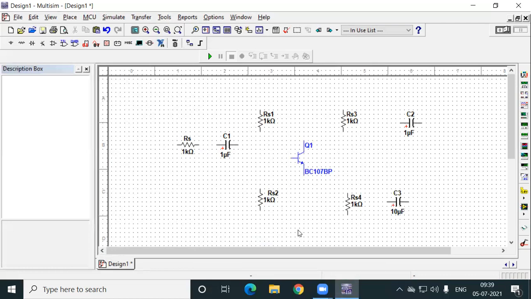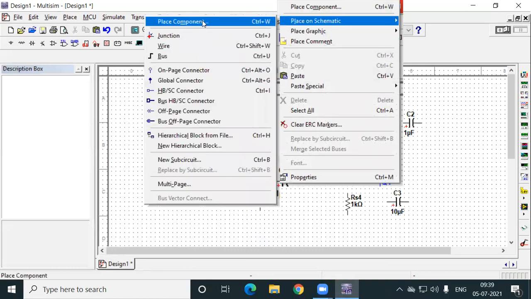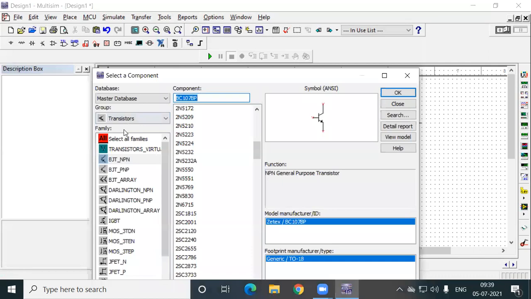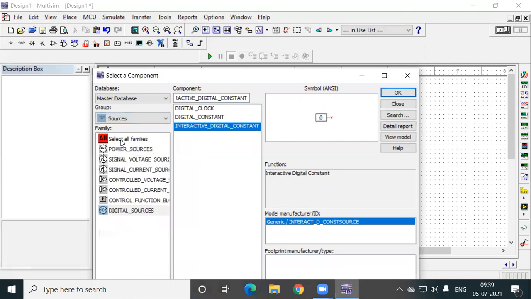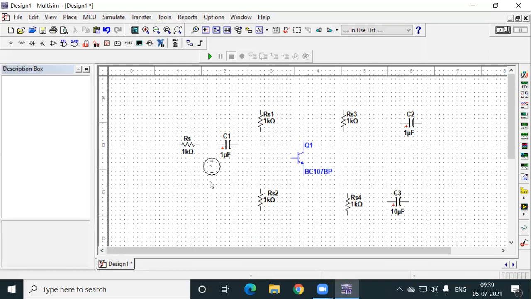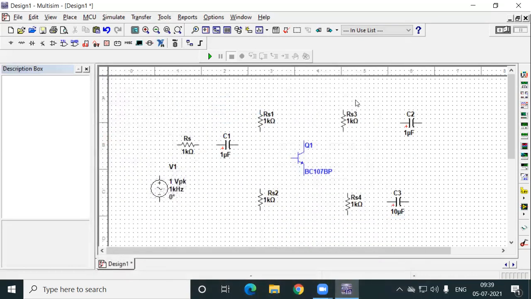And what else do I need? I need a ground, I need a power supply. So again, right click, place on the schematic, go to place component. Click it. So here at the group, you click the sources, then you will get this. Select signal voltage sources, then you will get the AC source that is used for your input.